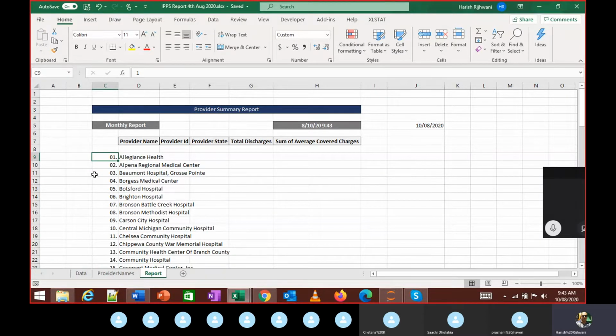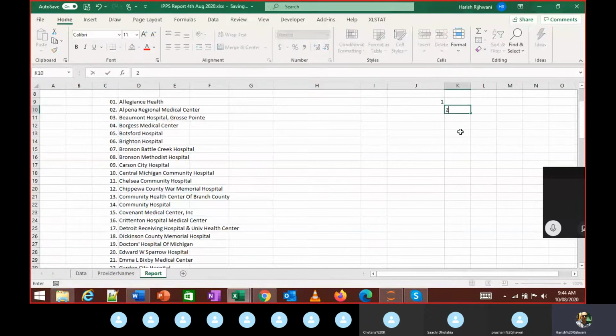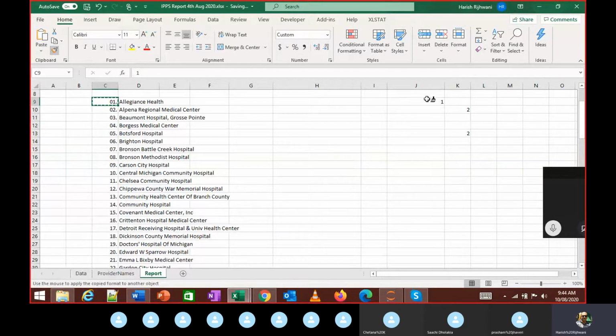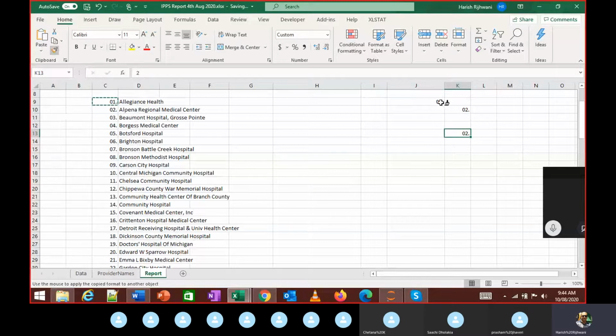So like I said, there are two ways. The best option is to select the entire range. But by chance, if you missed it, or if there is any other number, let's say I have a number over here, and a number over here, and a number over here, and I want to change the formatting for that. So I double click this, I click here, I click here, I click here. So this way, using this format painter, I can change the formatting of the other cells as well. Got it? Yes, sir. Okay.